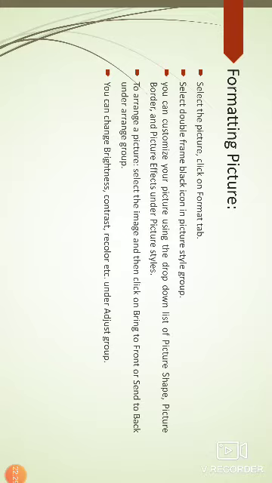Okay, now we have finished all the slides. Before finishing this presentation, I would like to ask some questions. First, what is a chart? In a chart we can present data graphically.